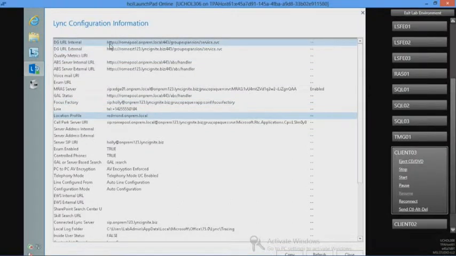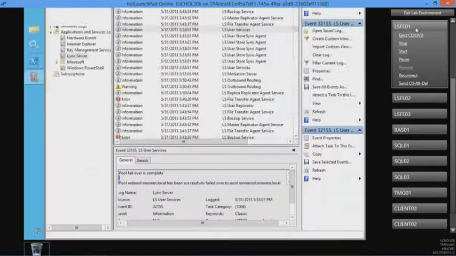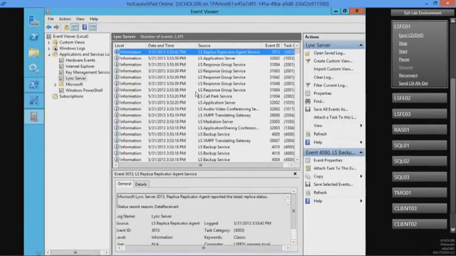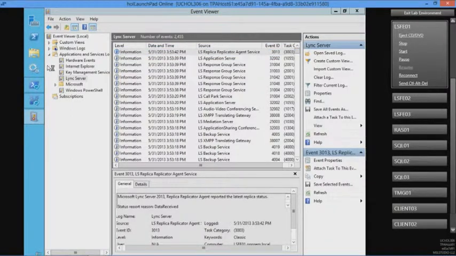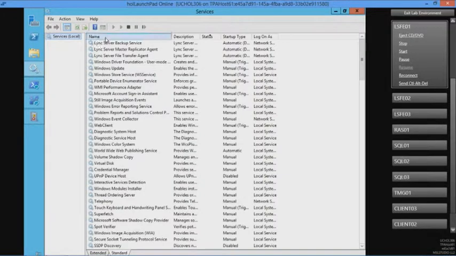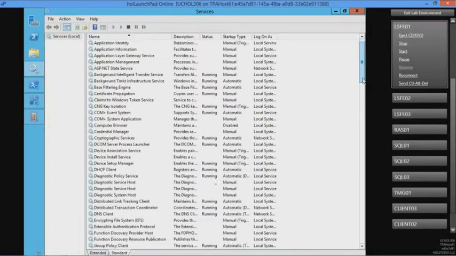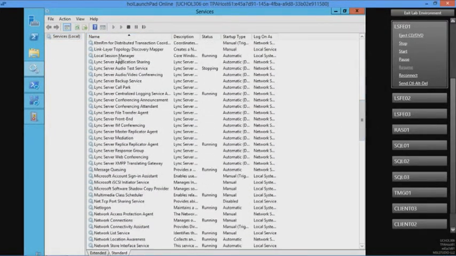But the point here is Holly is on Roam. She is connected to the Roam pool. And we know this to be true because it tells us so, but we also know this to be true because everything on this box has been shut down. If we look at the services on FEO1, and additionally on FEO2, we look at the Lync services,